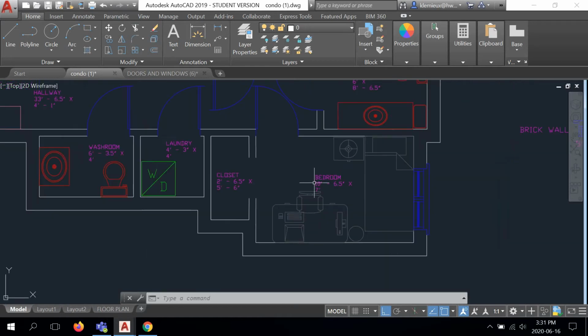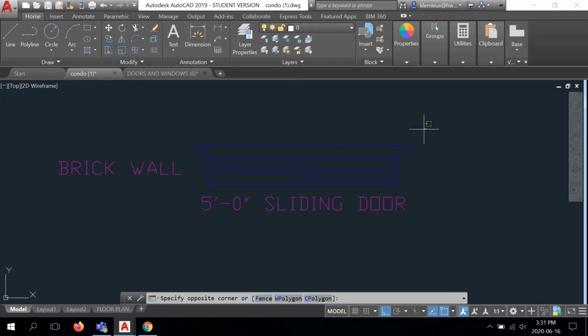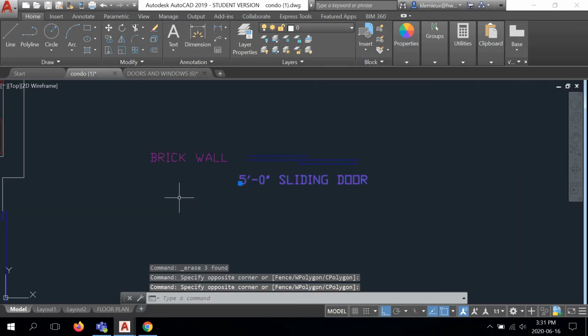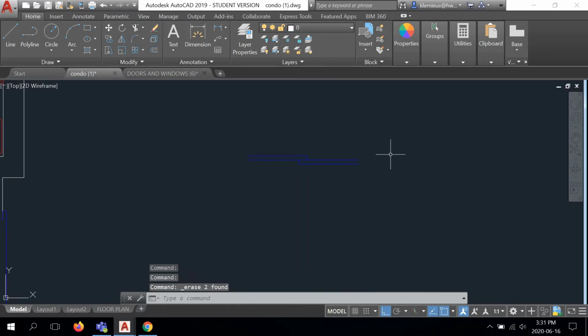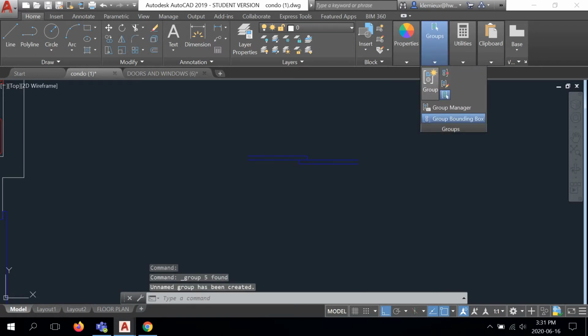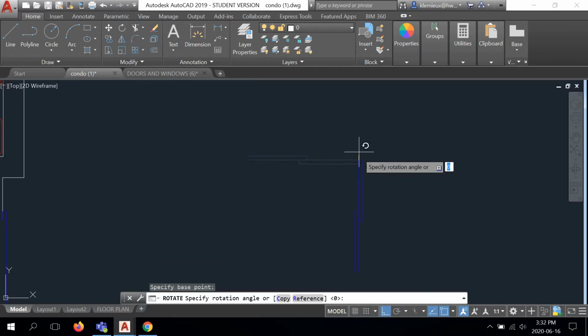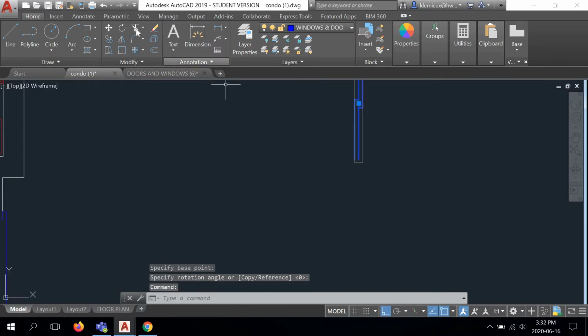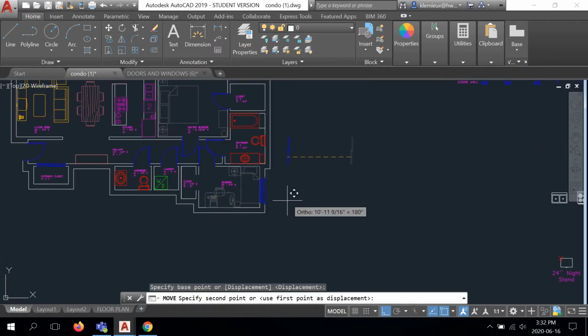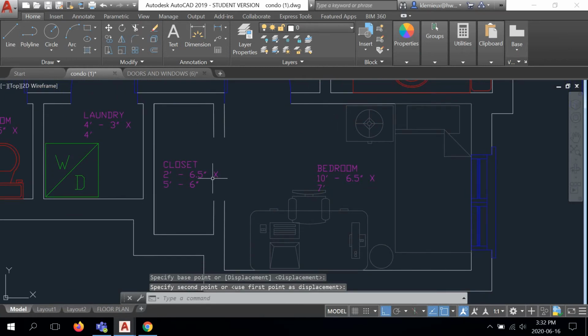And what we're going to do next is go to the door, and we're going to be deleting or erasing the exterior parts. Like this. And I'm going to be getting rid of these labels as well. So I'm going to select everything. I'm going to be making a group, and I'm going to need to rotate this into the direction that I need it for my floor plan. Okay. So let's move this over here. So what we're going to be doing now